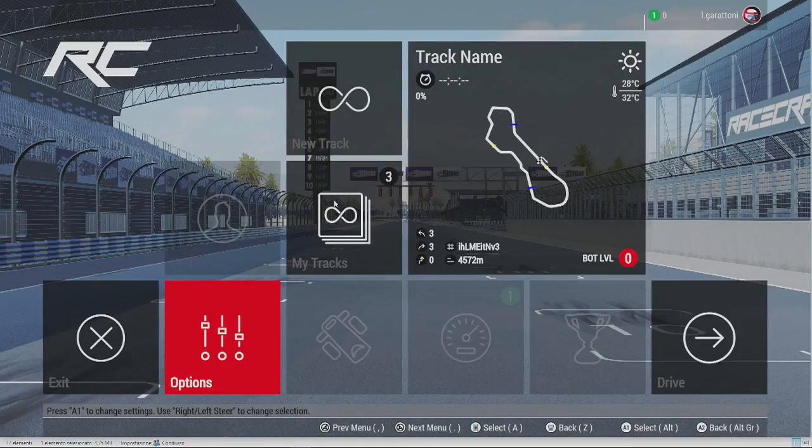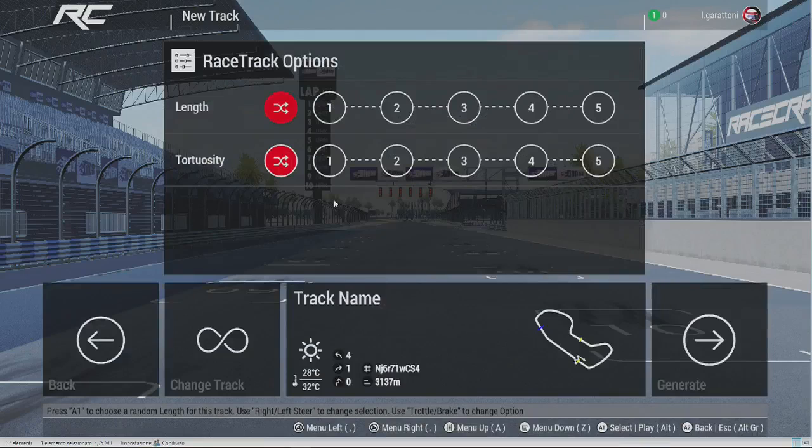One of the main sections of the game that I would like to show you is the new tracks section. In this section, there will be many different attributes that you can change on the track that you are creating. Right now we have just two, but we will add more and more during the early access of the